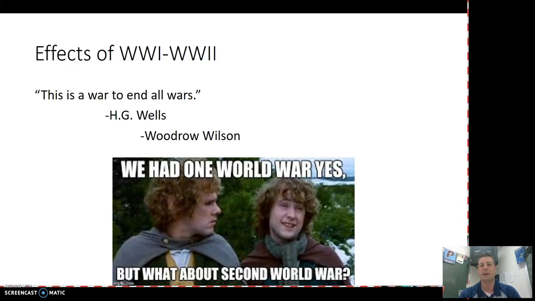Not necessarily the fighting part of it, but the geopolitical structure that occurs afterwards and the feelings of resentment that still linger in Germany afterwards. Germany is an extremely proud people, and for them to be told you're forced to accept this guilt, that's something that they simply can't grasp. And so that deep-seated resentment is going to be part of the reason that Germany kind of keeps going and says, well, we've got to do what Germans do. We're a proud people, and that's where we see the rise of the Nazis as well.